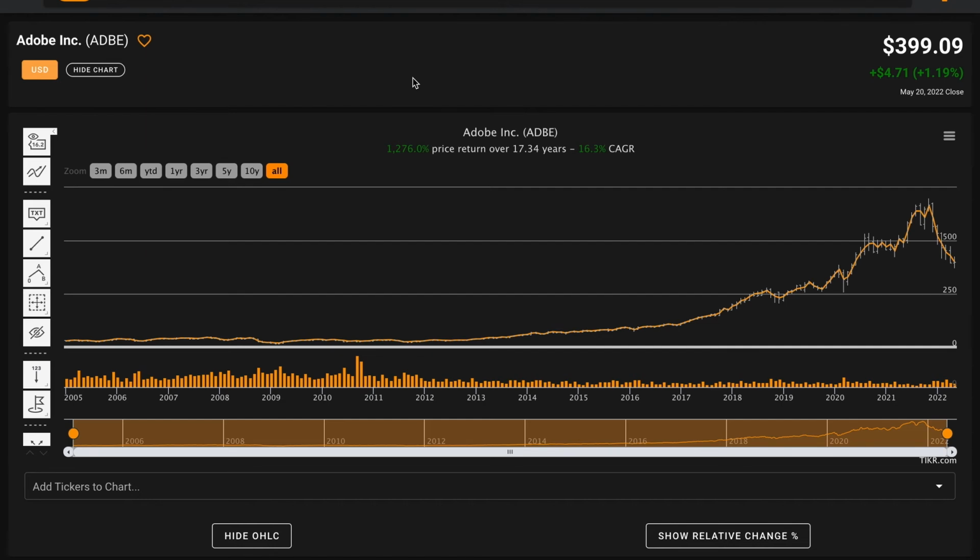Even though Adobe looks expensive based on this, it's not surprising that it was added to Terry Smith's Fundsmith portfolio, which looks for businesses that are trading at attractive free cash flow yields, as well as producing high returns on capital over time. And it's not a surprise that it's found its way into Chuck Akre's fund, which is looking at long-term compounders exclusively. Going back all the way to the company's IPO, Adobe is actually a 1,000-bagger company, meaning for every $1 you invested in the business, that dollar has now turned into $1,000. So if you had invested $1,000 into Adobe at its IPO and held the shares consistently, that would now be worth $1 million. That's the caliber business Adobe has been.